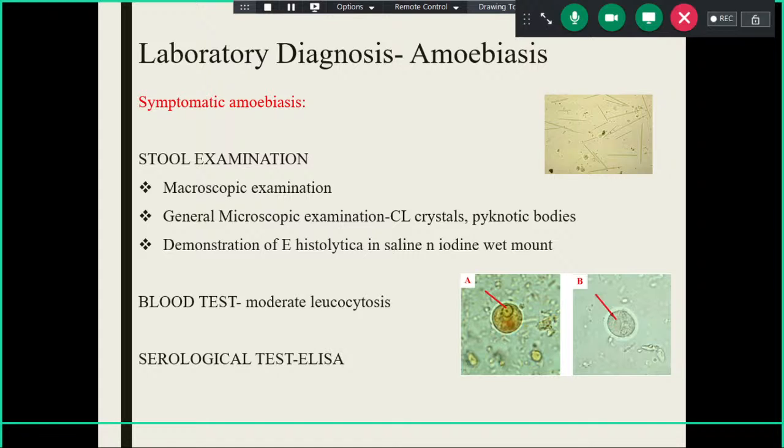Okay, so what is the definite point for diagnosis of trophozoite? See, they don't have a particular shape. They will have pseudopodial motility and digested RBC inside it. Okay,